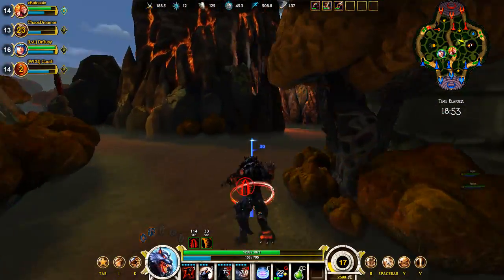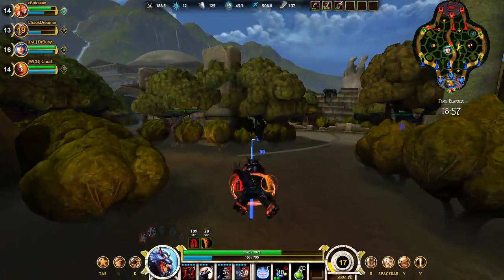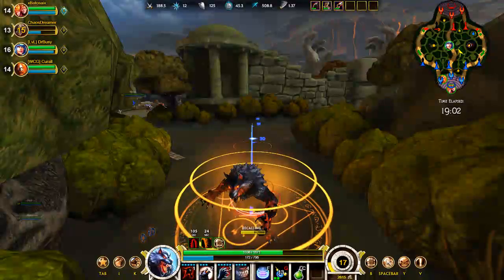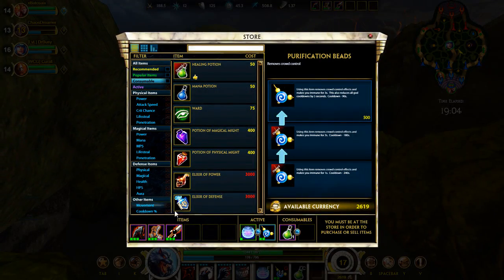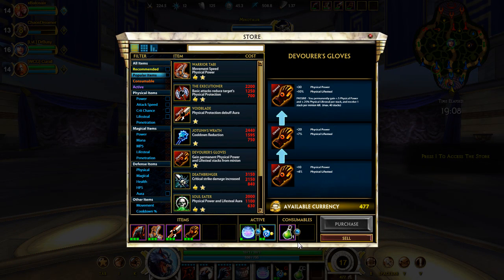And I don't want to use my jump yet. If they were to invade me while I was stealing the red, I would have definitely jumped out. But it looks like they weren't going to invade, so I just walked out of there to save my jump just in case. And so we can get a lifesteal with this Devourer's Gloves, and now guys, I can start to